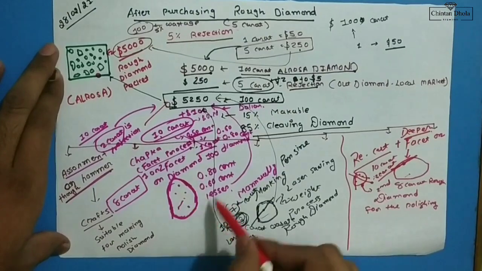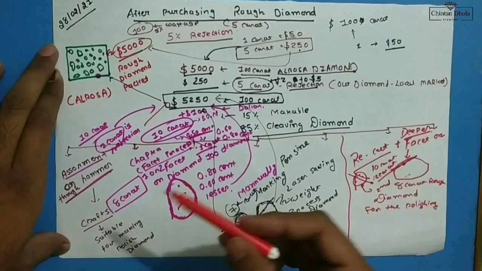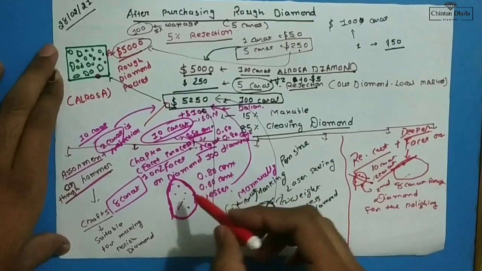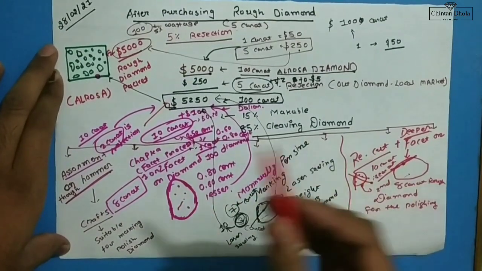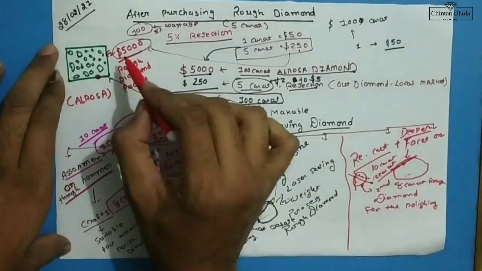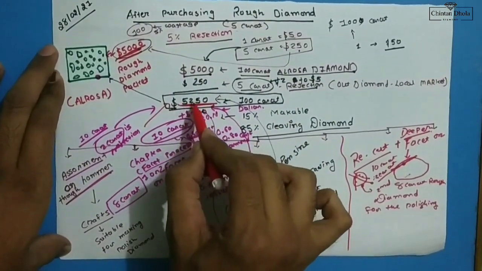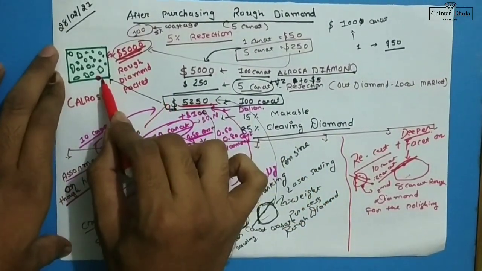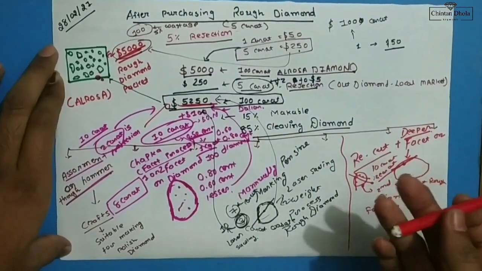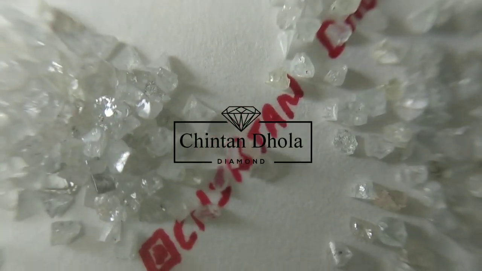If you took one diamond, you have to do different types of processing, like any assorter, or we can say any diamond manufacturer does some kind of process on a particular diamond, then they provide different types of costing on that, and after that for a particular $1000, $5000, we get only $5250 for that particular rough diamond. And after that we do different kinds of process in the next video, and I will show you each and everything about that.